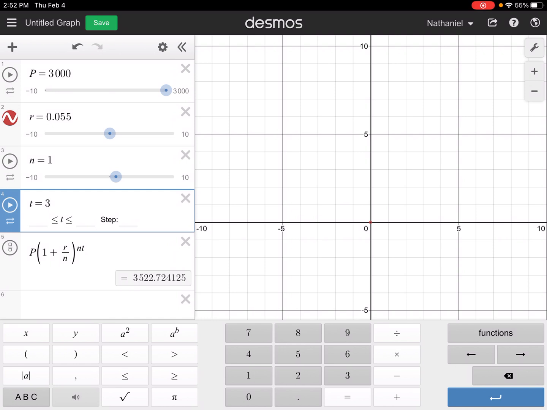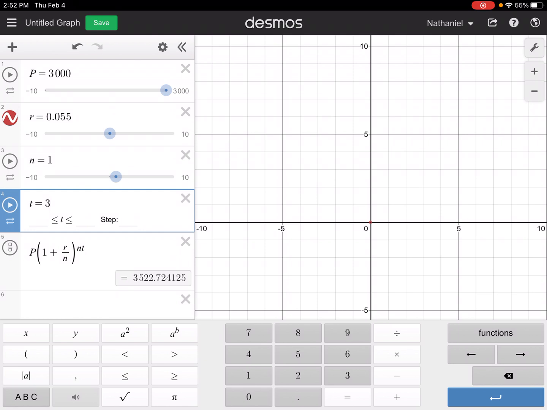After class in my period one Math Foundations class, I actually put together a Desmos calculator for calculating compound interest to kind of help simplify things. I already showed this to the period four class, but I wanted to make sure that everybody got this. So I've included a link under the assignment called Compound Interest Calculator, and this video is just to show you